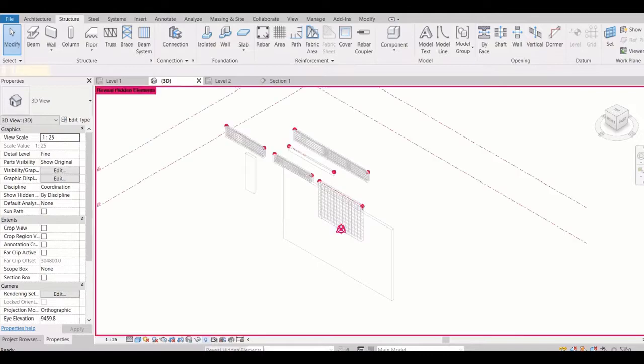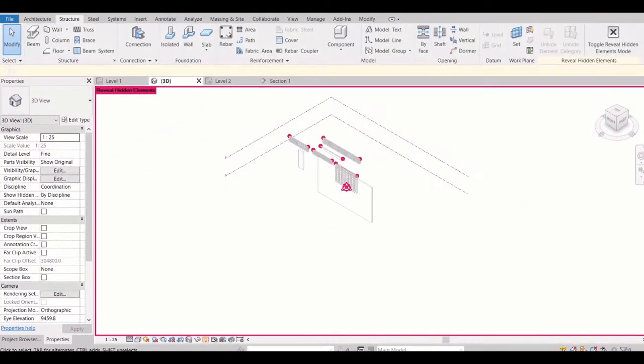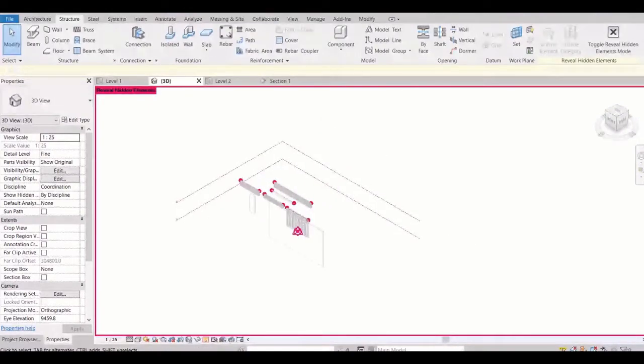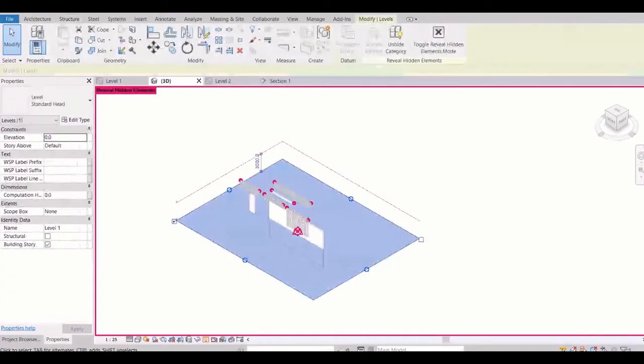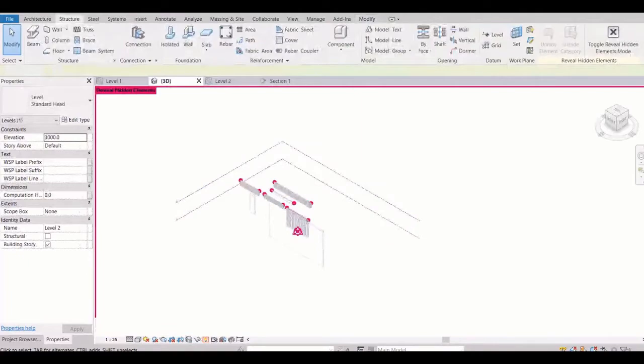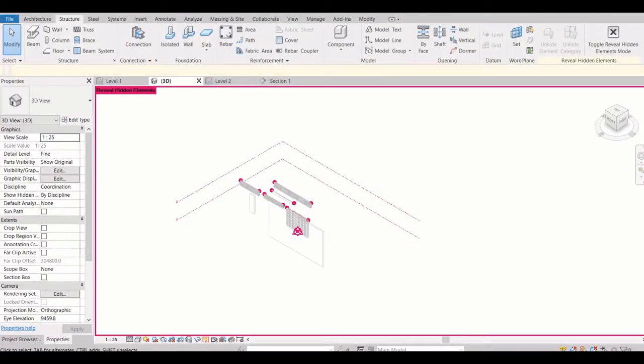Then this is for actual, like something you have hidden permanently, right? So in this view, the things which we cannot see in this view, like this level, grid level, these are levels.